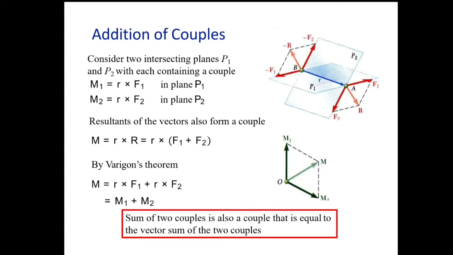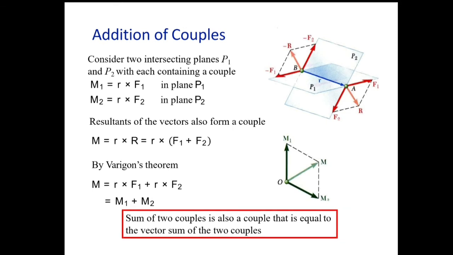Now here, as you see, these forces are equal and in opposite directions, so the resultant will also be of equal magnitude and opposite directions. If we take moment along the resultant plane, we will take moment M equals r vector multiplied by the resultant capital R. We know R vector is nothing but F1 plus F2, so we can replace it with F1 plus F2. So M will be equal to r into F1 plus F2. This is the moment of the resultant.